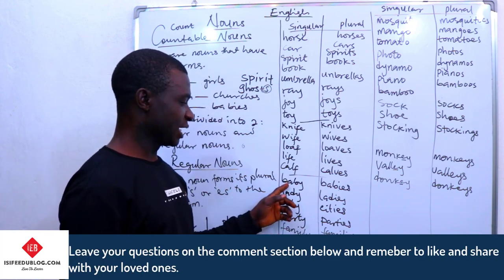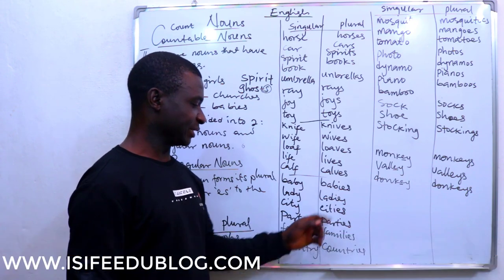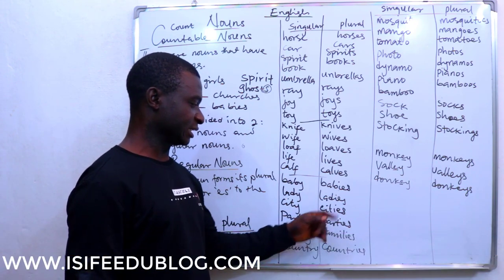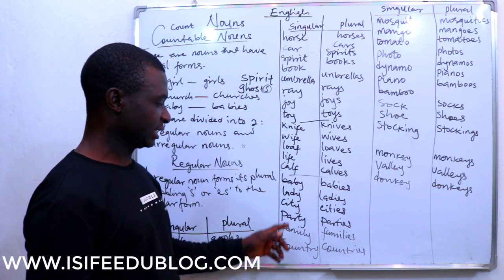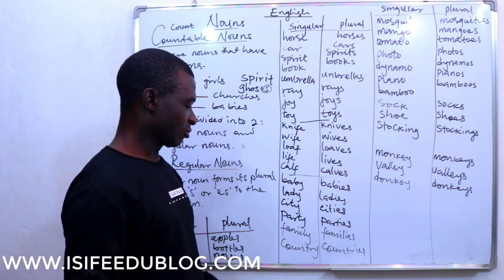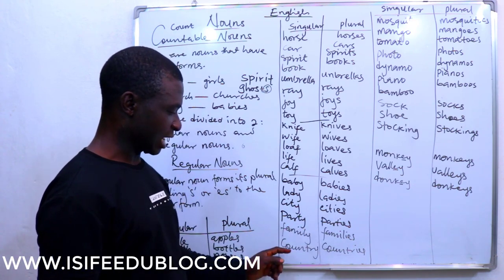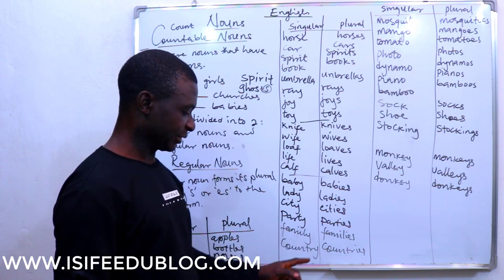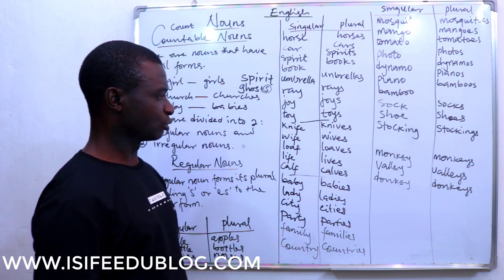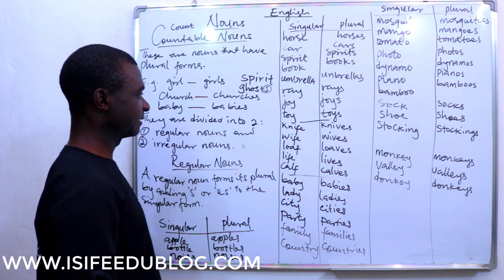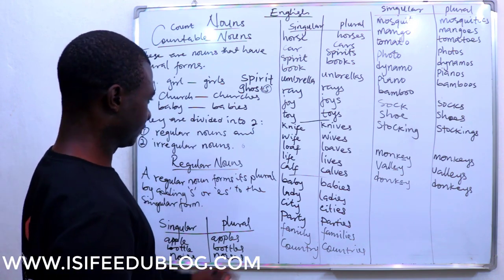So, baby will be babies. Lady, ladies, Y changing to I. City, cities, Y changing to I. Party, parties, Y changing to I. Family, families. Country, countries. Before I forget, I did not mention that